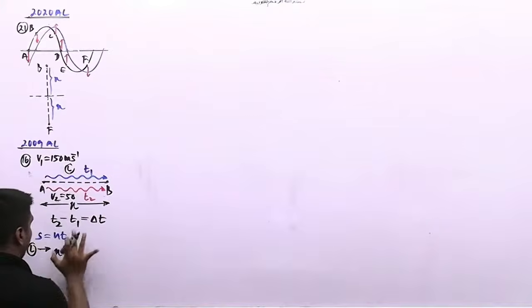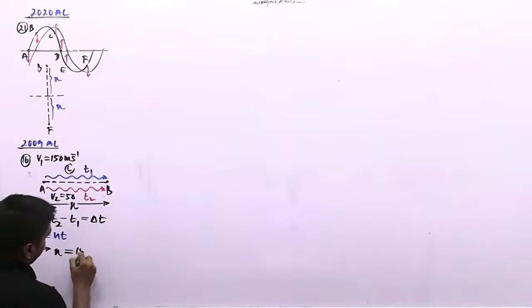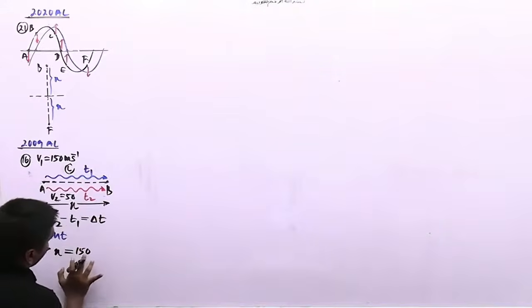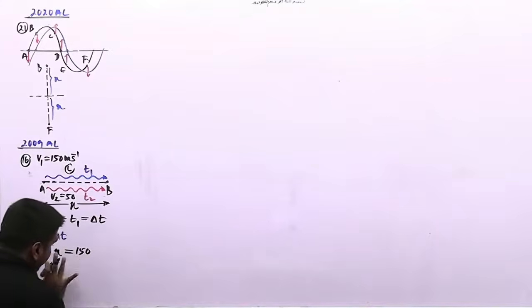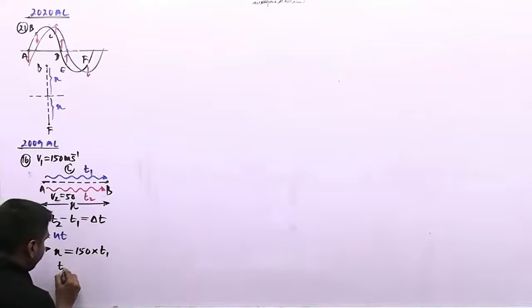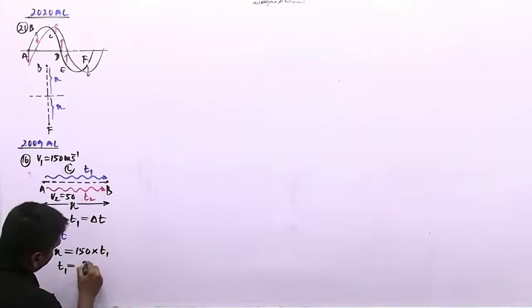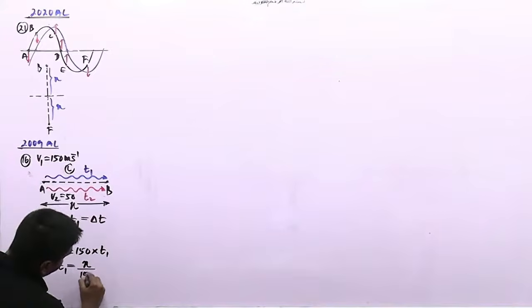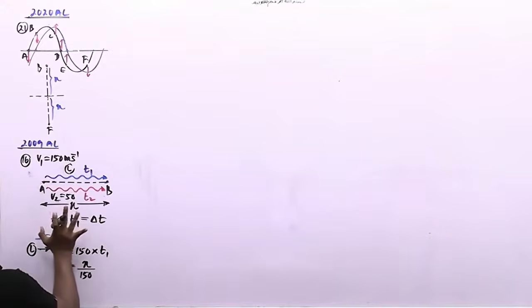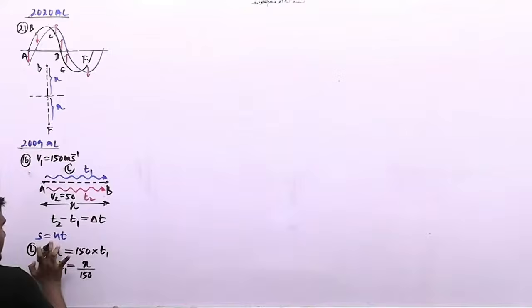What is the velocity of the longitudinal wave? That is, we know, 150. Time taken is simple t1. So you can write down simple t1 in terms of simple x, x over 150. Likewise, if you find simple t2 also, if you apply the S equals ut equation for the transverse wave,